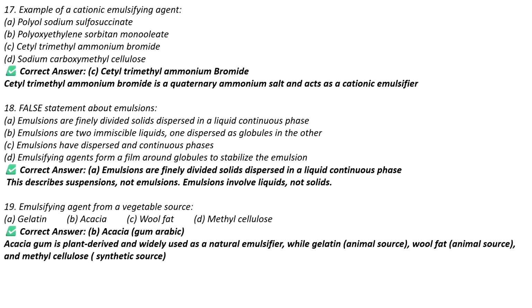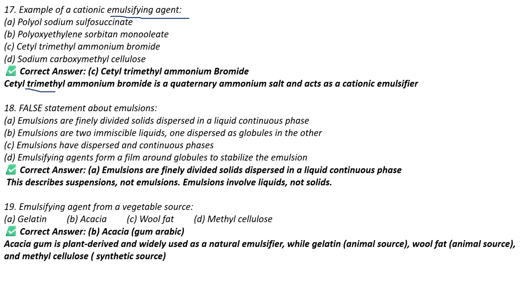Moving on to the next question. Examples of a cationic emulsifying agent is, out of the given four options we have to tell कि इनमें से cationic emulsifying agent का example कौन सा है. ऑप्शंस दिए गए हैं पॉलीऑल सोडियम सल्फोसक्सीनेट, पॉलीऑक्सीइथाइलिन सॉर्बिटन मोनोओलिएट, सेटाइल ट्राइमिथाइल एमोनियम ब्रोमाइड या सोडियम कार्बोक्सी मिथाइल सेल्यूलोज।